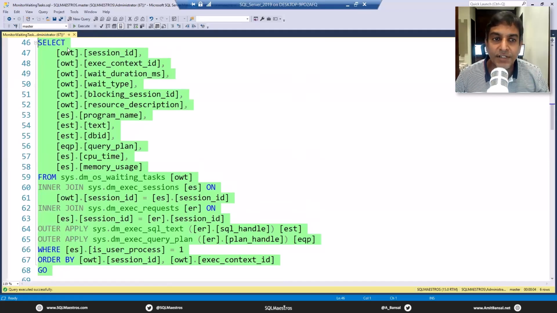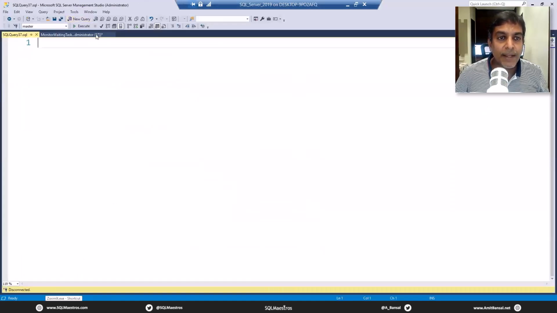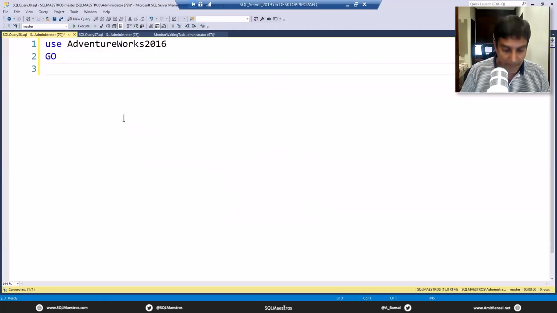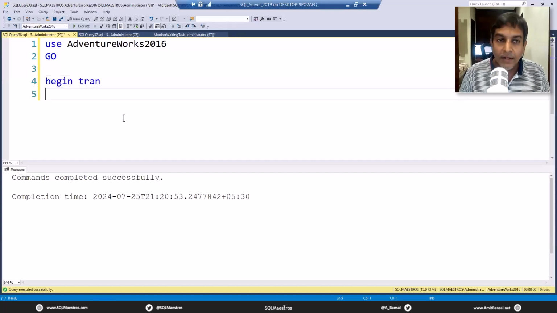These are all diagnostic scripts. So if I execute this right now, nothing is running, but just to show you session ID, exec context, wait duration, etc. Now, instead of running this entire workload, why not let me just quickly create a simple scenario so that you could just understand this a little more clearly. So we'll use AdventureWorks 2016. Let's go. And we can just write a begin tran and create a wait scenario on our own. We can say